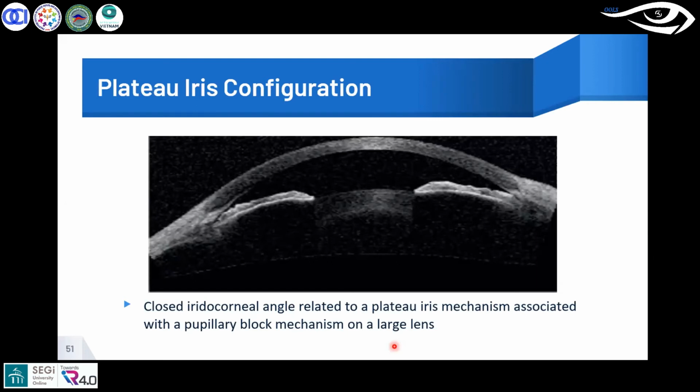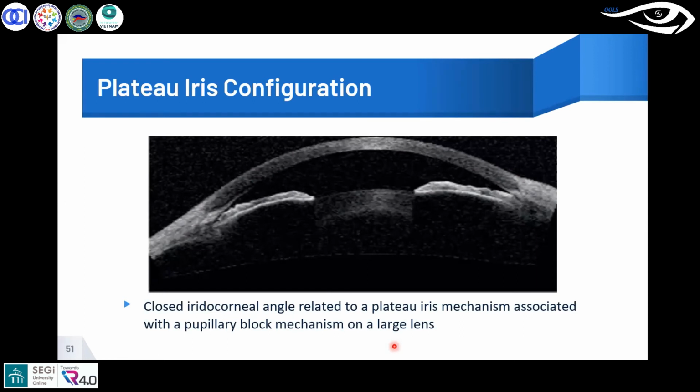with it. As I already mentioned in the first slides, in order to diagnose plateau iris and pupillary block, UBM is the gold standard technique, because it is also able to visualize the ciliary processes and the retroiridal processes. So ideally you would use a UBM, but it is also possible to visualize the structures by using an AS-OCT